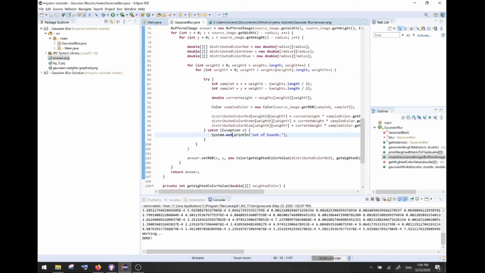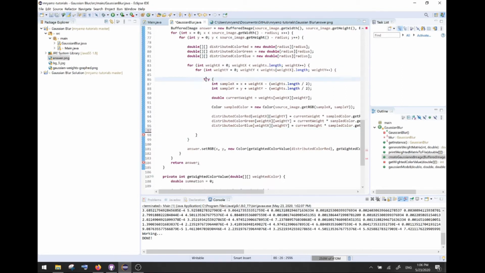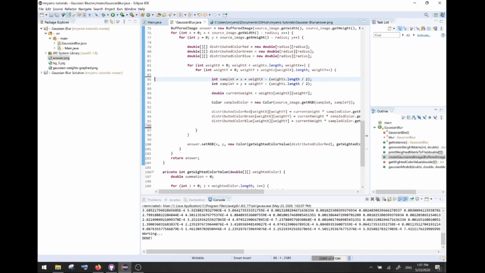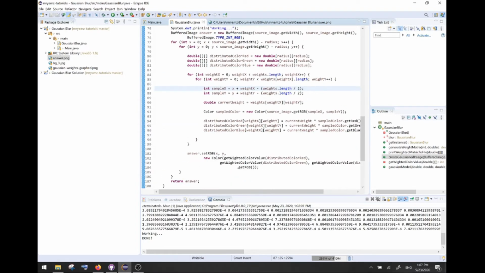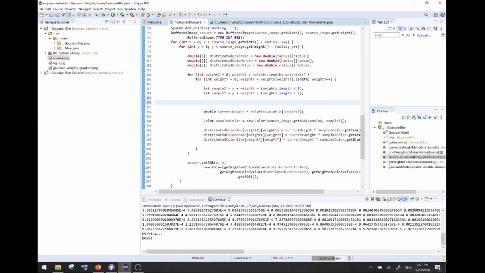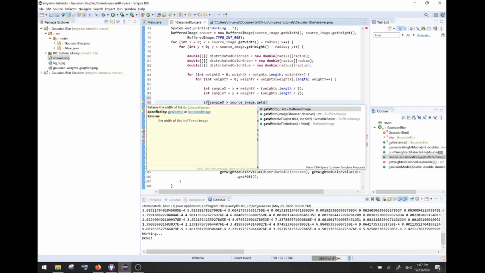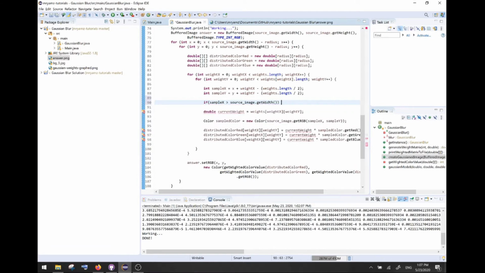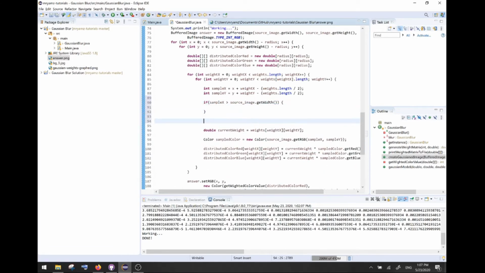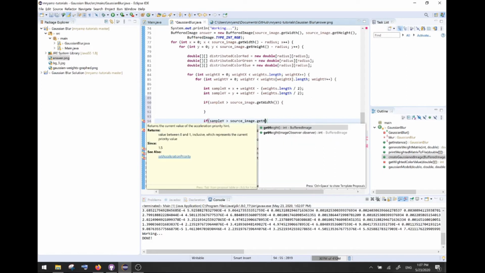So the first thing we are going to do is hop into the GaussianBlur.java class, and we're going to remove this innermost try catch block. This is what we kind of lazily put in here, where if we happen to go out of bounds, we don't care. We're just going to print out of bounds and not handle anything. Or, I mean, we're handling it in a try catch, but we're not doing the proper processing that we should be doing. Instead, we're going to need to define some if statements and